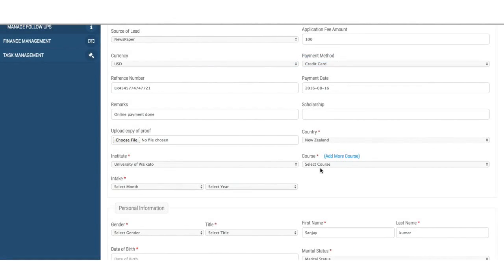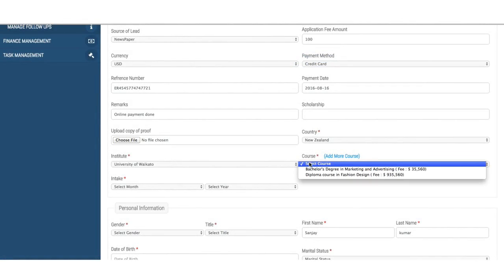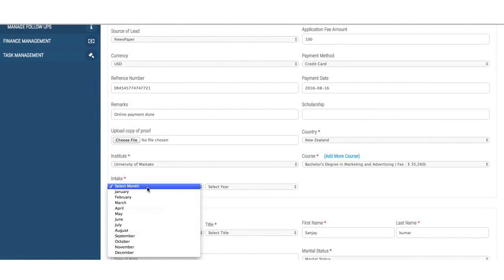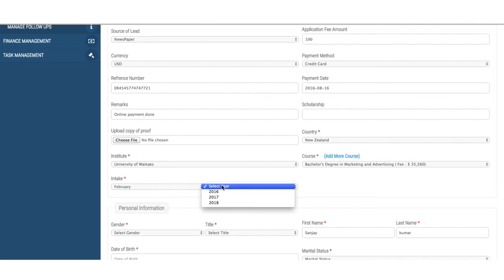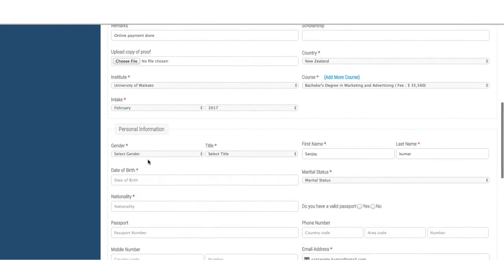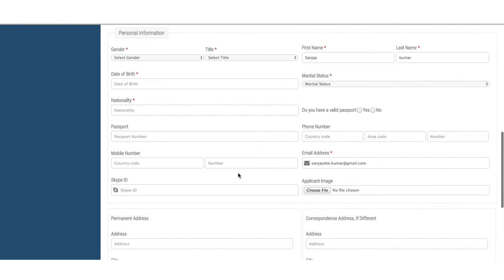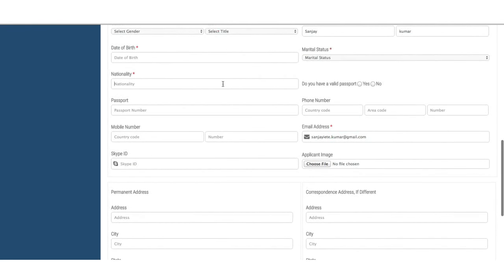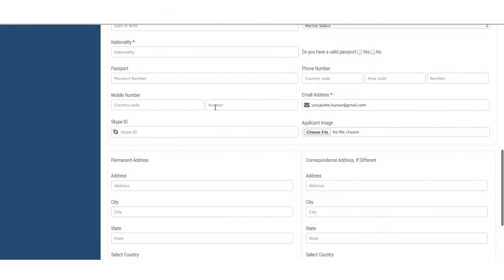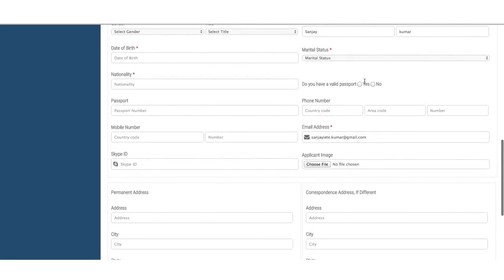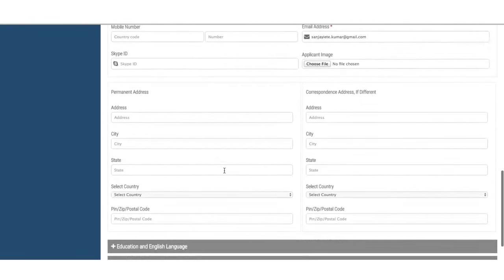As soon as I add a new course, it'll start appearing in all the accounts. But here I'm going to select one, intake, February 2017, personal details. Anything which was filled in the lead would appear automatically, name, email, but the others I have to fill in. Passport number, mobile number, do they have a valid passport? If they don't have one right now, then it can be no. Permanent address,